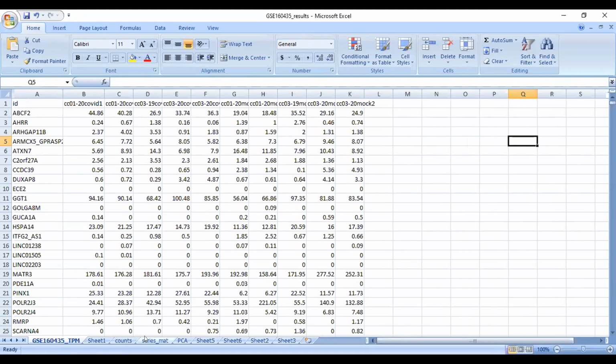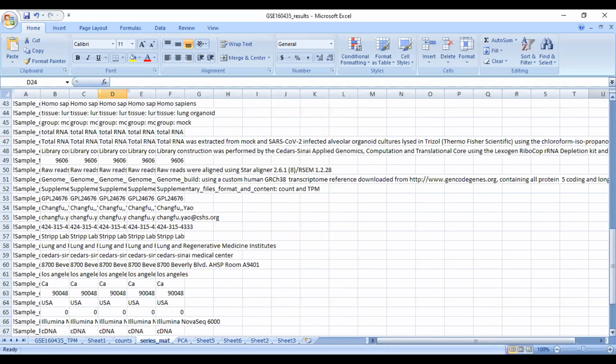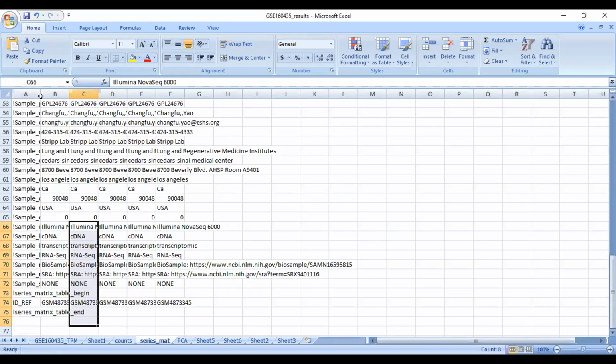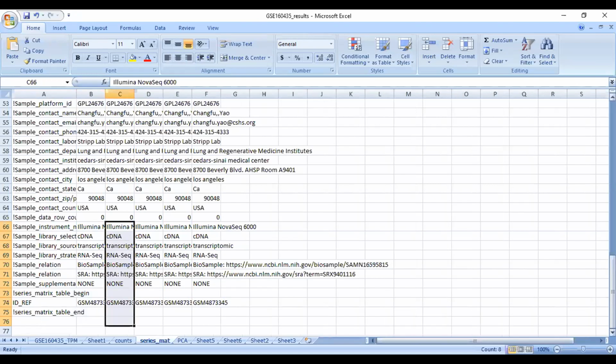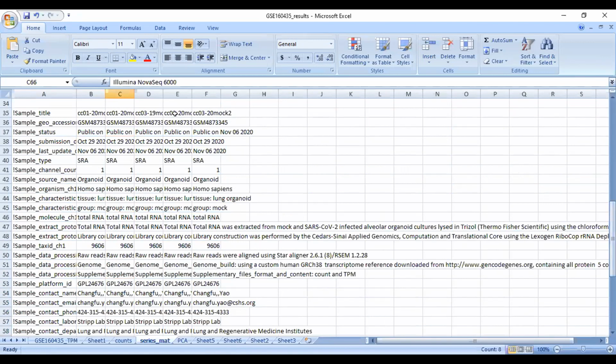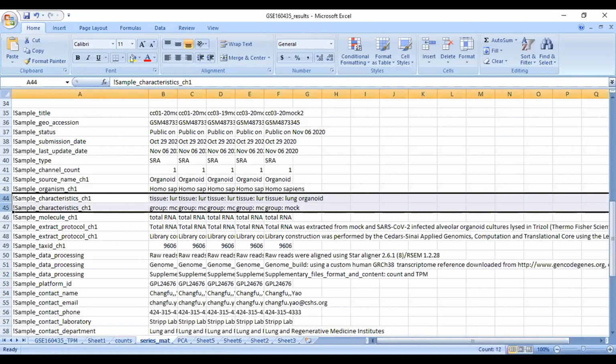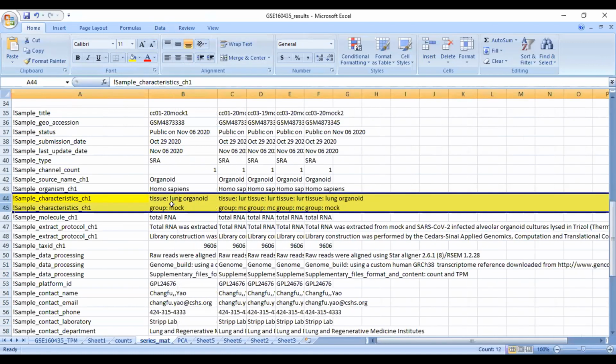Similarly, another thing that we obtained from our GEO data is metadata. This is the series matrix file. This series matrix file will provide you information regarding what these samples are and what kind of characteristics you have in the data. Under the characteristics, as I already told you, these are the important column rows, which actually represent what kind of samples you have. For example, you know that this is my ID, corresponding to whether it is a mock sample or not. So this is how we first need to prepare our data properly.